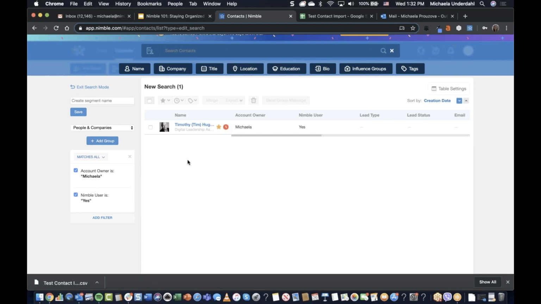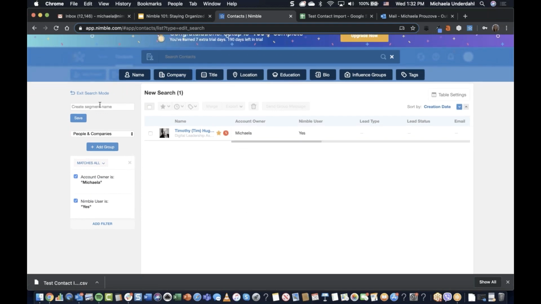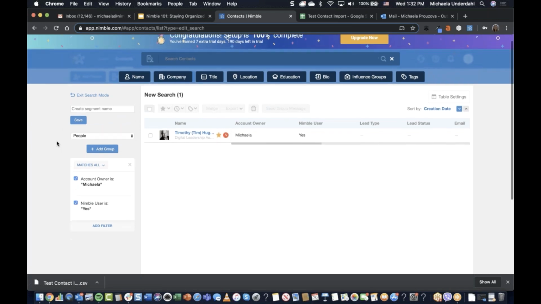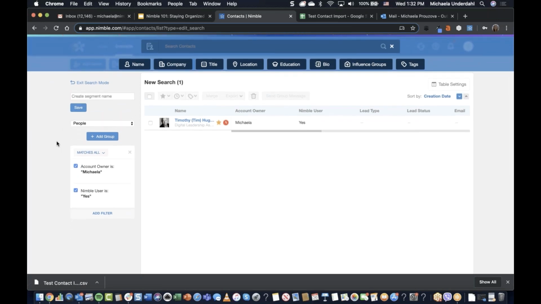Before we cover all the different use cases, I also want to share a little more detail about how you can use the segmentation here. So you can focus on only people or only companies, or you can have Nimble search your entire database for both people and companies. In this case, I only want individuals. And if I wanted to create a more